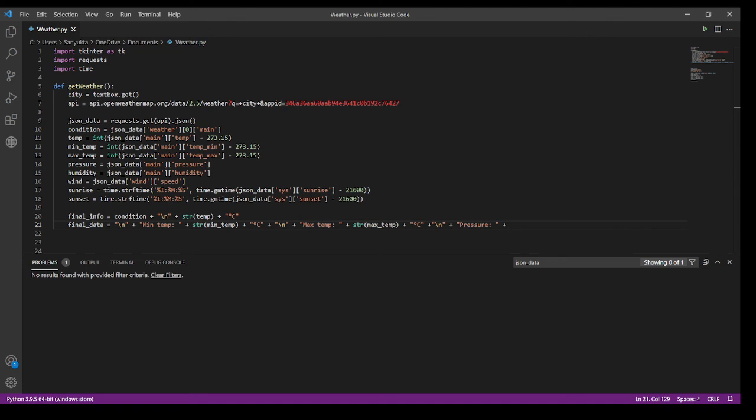Oops. Very slow. So it will give small letters. Pressure, then the pressure, and then here